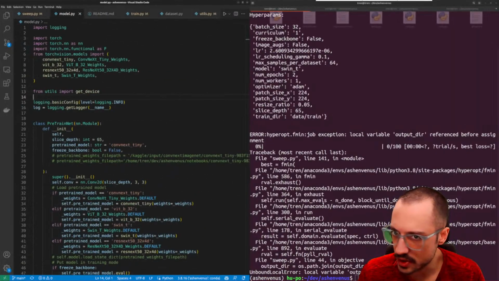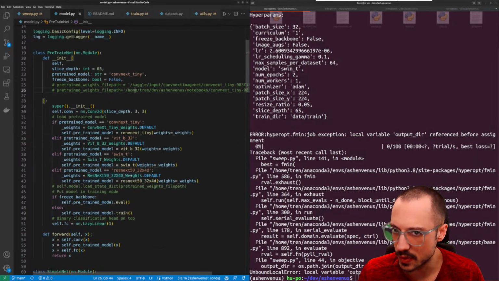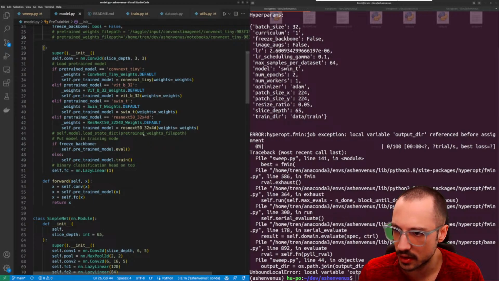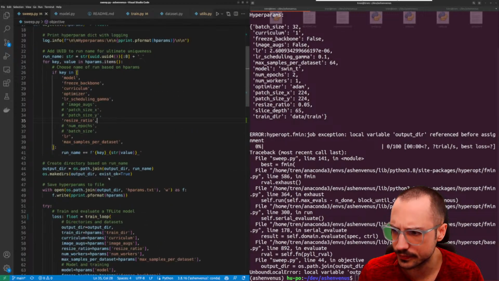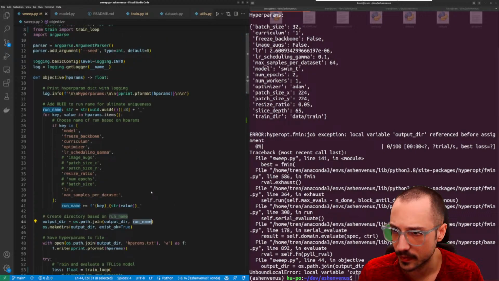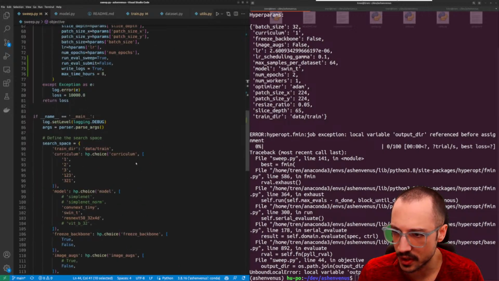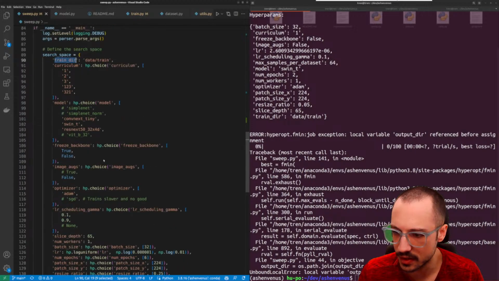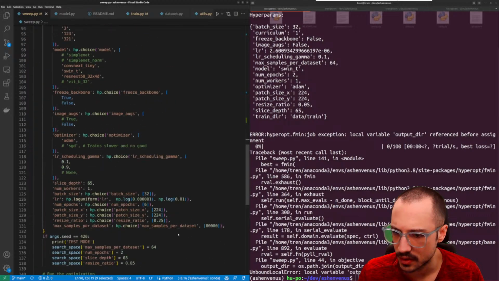Local variable output dir referenced before assignment. Line 44 in sweep.py. Output dir equals os.path output dir run name. Output dir is coming from, where does output dir